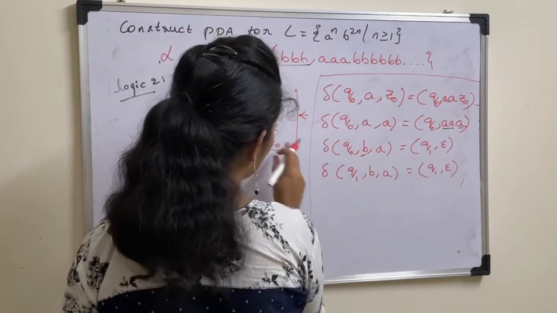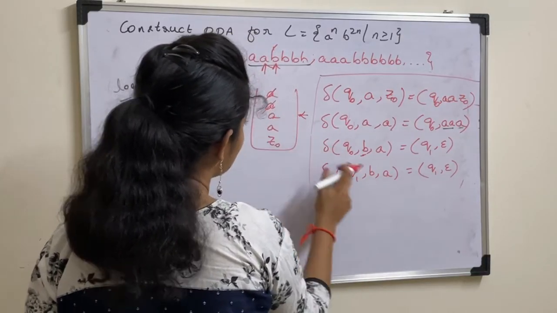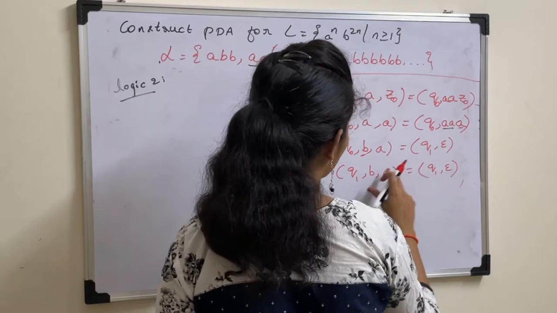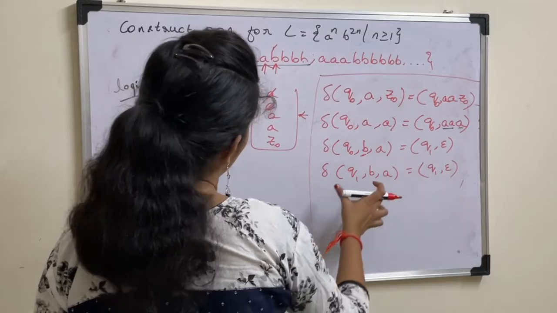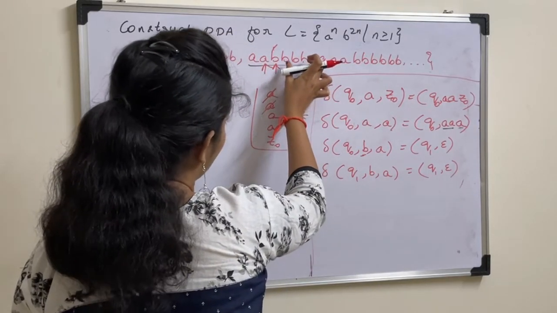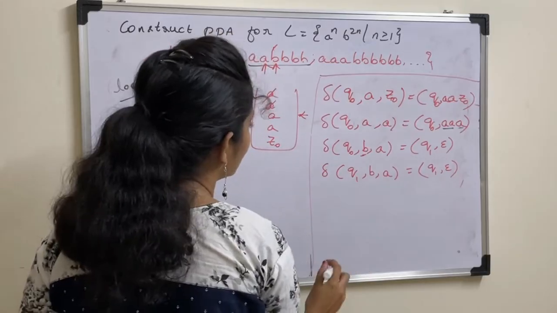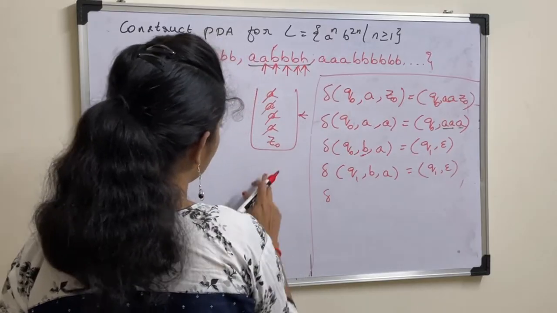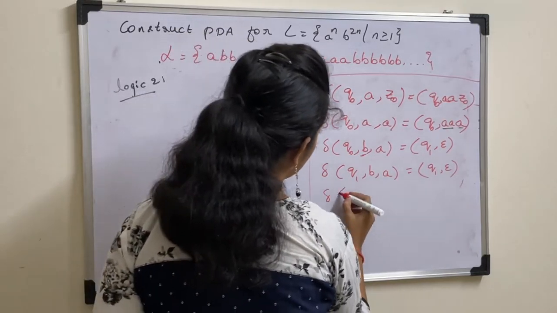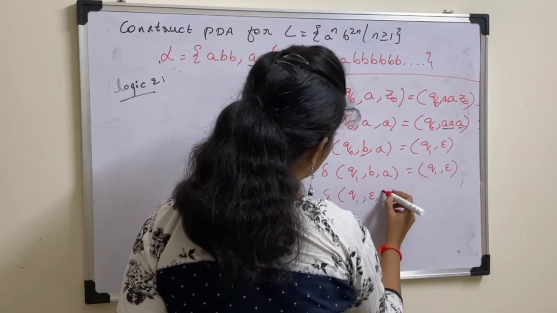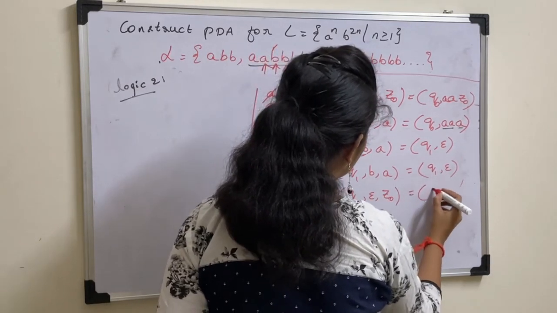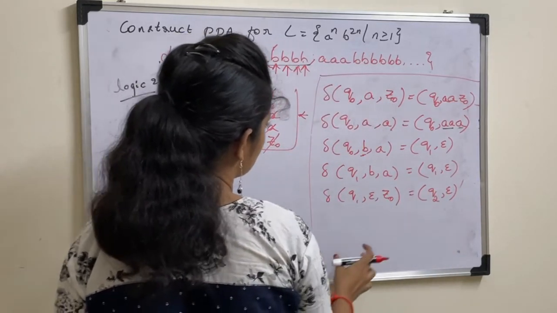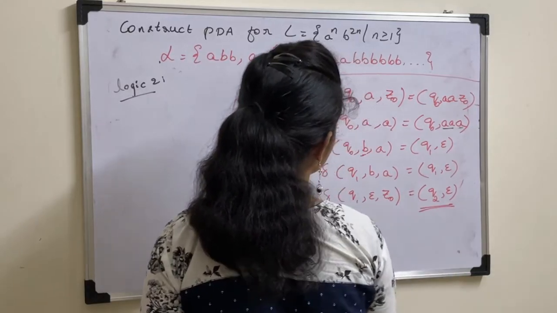Okay, same thing. Again we get input symbol B, top of the stack is again A. Pop operation is represented as Q1 comma epsilon. So you will remain in the same state until the input symbol is B. As this transition function is the same for any number of B's, I am writing it only once. So once we pop all A's from the stack, now the stack contains only Z0. So Q1, epsilon, Z0 changes the state and pops Z0 from the stack, so that you will get the final state Q2.